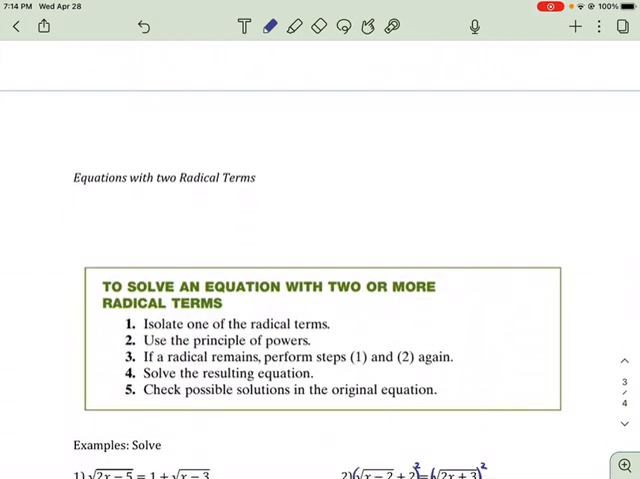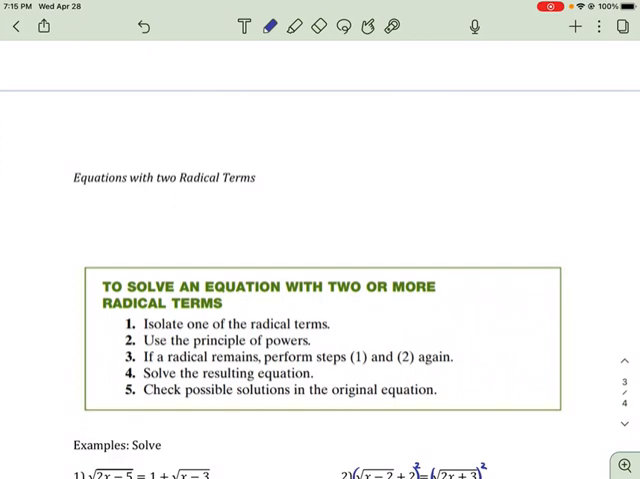And it happens to do if we have radicals on both sides of the equal sign. In other words, I have a radical on one side, I have a radical on another, there's other stuff there, and I can't isolate one because there's two of them. So what you're going to want to do is isolate one of the radicals, solve,